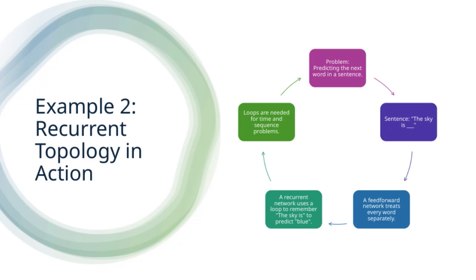Now, let's look at example 2, recurrent topology in action. This slide highlights how recurrent connections operate within a neural network. Essentially, instead of just having a straightforward feed-forward structure, we incorporate loops that feed information back into earlier layers. This design allows the network to maintain a form of memory, making it especially powerful for sequential data or time-dependent tasks. You can think of it as the network's way of remembering what it has processed before, which is crucial